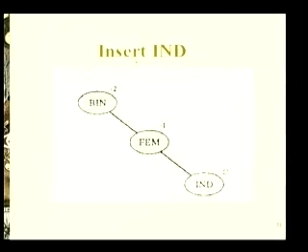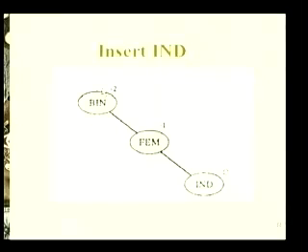Now we want to insert ind. Now what happens? Bin, fem. What is ind? It is more than bin, so we will go towards the right. It is still more than fem, so we still go towards the right. And what we find? The balancing factor over here is 0. Over here it is 0 minus 1, that is minus 1. But in this particular case, what is the balancing factor? The left subtree has a height 0 and the right subtree has a height 2. That simply means the balancing factor at this particular node is minus 2,